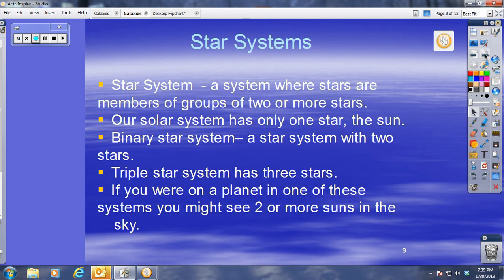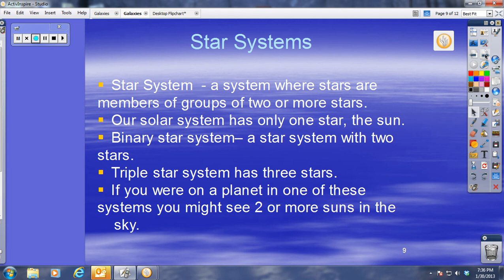Star systems. We talked a little bit about binary star systems when you guys were asking me questions about black holes. A star system is a system where stars are members of groups of 2 or more stars. So if you were to think about our solar system, we have only one star. We have the sun.